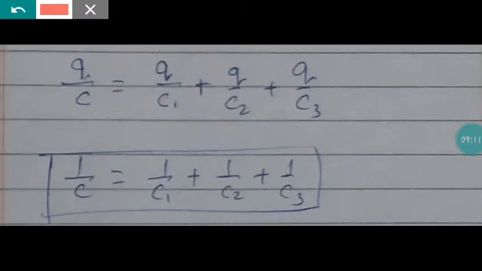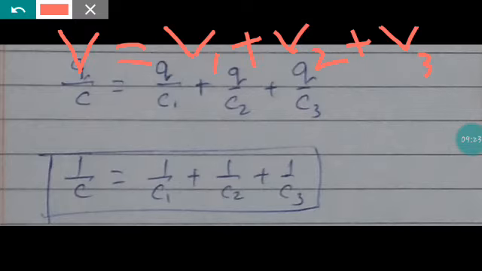We will have the potential V, which is V1 plus V2 plus V3, as we know, for the given figure, for the given arrangement. And V is equal to Q upon C. We have a formula for this. We have C is equal to Q upon V, right? Then V is equal to Q by C. Understood? So this formula is used for each and every capacitor.